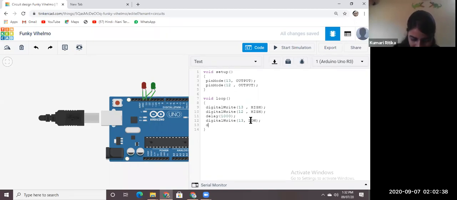Then again digitalWrite, and turn off the green LED. So pin number 12 and LOW. LOW should be capital.